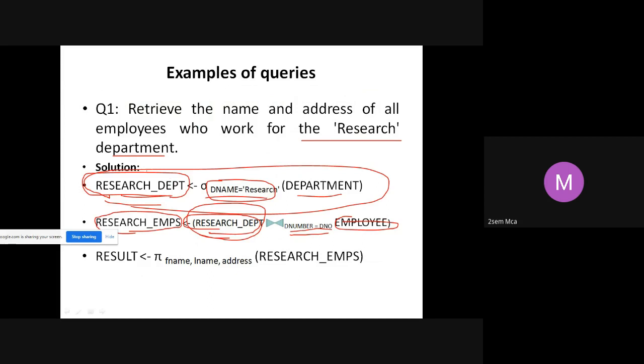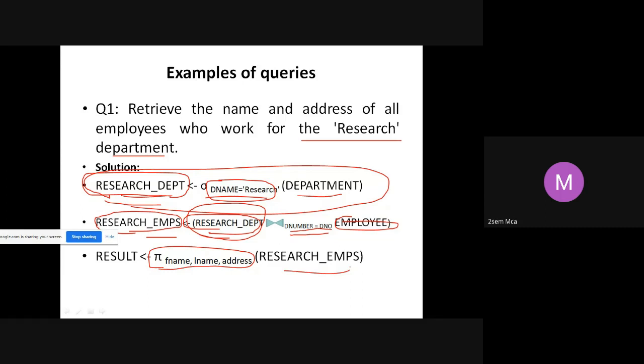Research_EMPS now contains the details of employees who are working in the research department, but it contains all the details, and I don't want all of them. So I will apply a project operation on this research_EMPS. From all the attributes, I will keep only F name, L name and address, so I get only those columns. This is how you write this query in relational algebra.